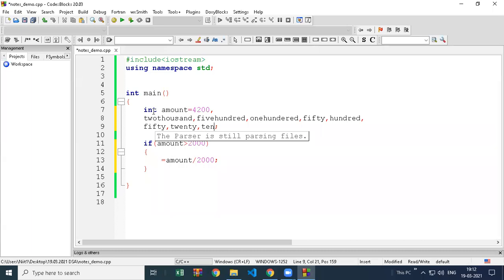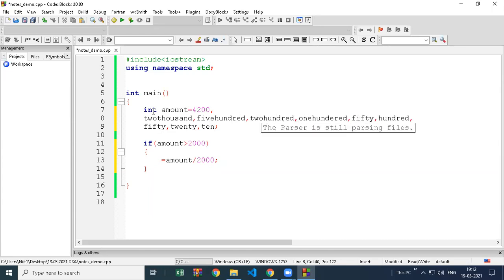Is there any note remaining in the denominations? 500, 100, 200 is there. Yes, 200 is remaining. So 2000, 500, 200, 100, 50, 20, and 10. Correct.